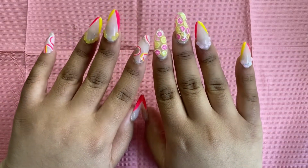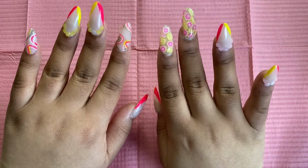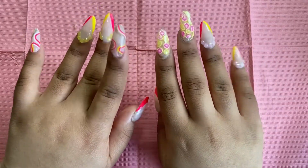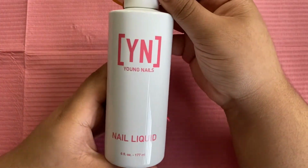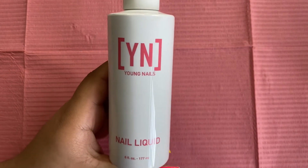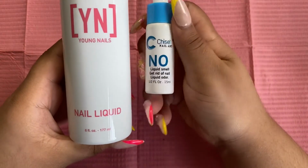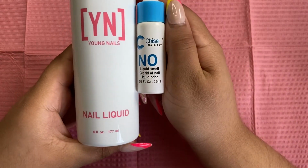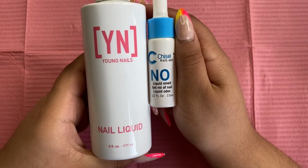But in today's video, I am going to be taking off this nail design, and I am going to be using acrylic. I haven't used acrylic since October of 2021. I was having some breathing issues, so I had to take a little break from monomer. But today I wanted to use acrylic because I wanted to use this nail product and kind of review it